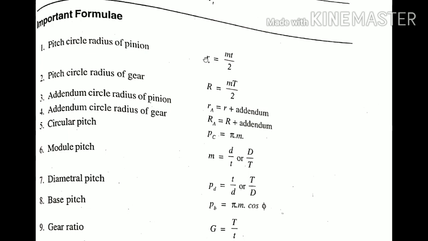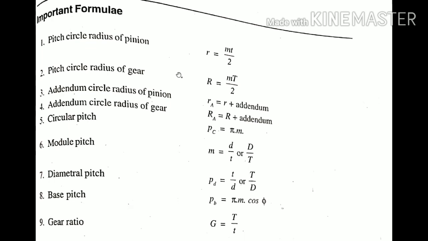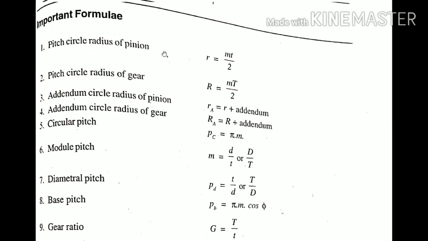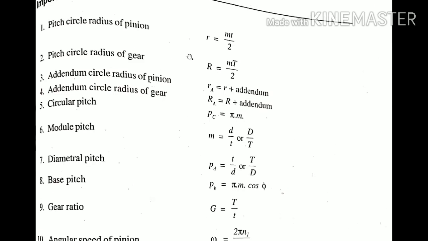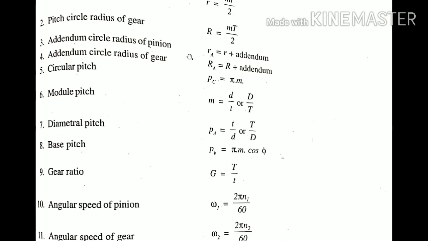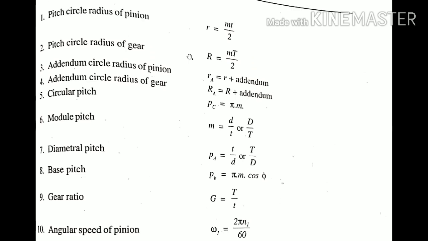Now we are moving to the numerical part today. For that we require a set of formulas. Yesterday I told you there is a set of formulas listed. You have to memorize all these formulas. Totally there are maybe 30 of them. Without these formulas you can't do any problem. That's why you have to memorize all of them.